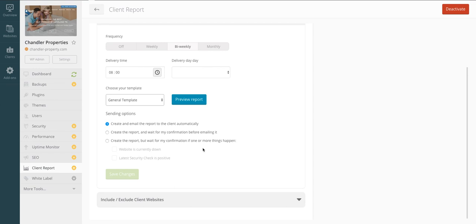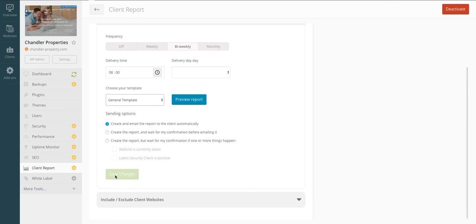So if there's site downtime, or security checks are positive, or vulnerabilities are positive, it gives you a prompt: hey, do you really want to send this? And gives you an opportunity to fix that, or not send it at all. So that is that,